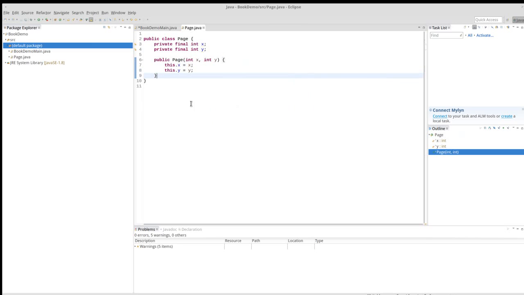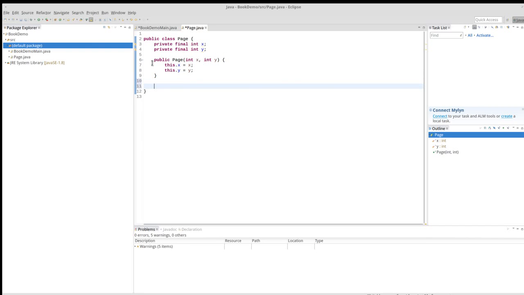Okay? So what I have to do is create something called a getter. There's two general method types. One's called a getter and one's called a setter. They do what you think. One sets and one gets. So we're going to create two getter methods, two methods that return a variable,